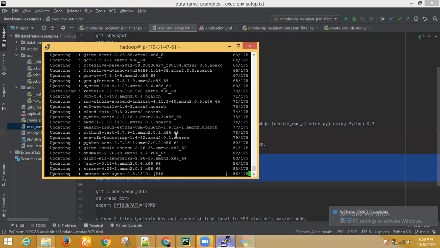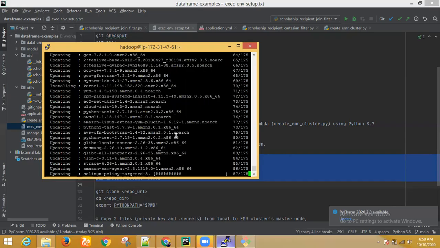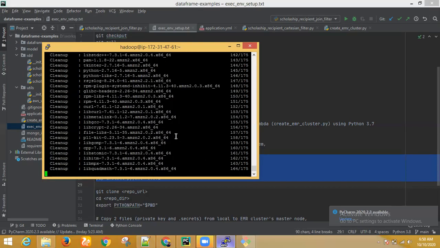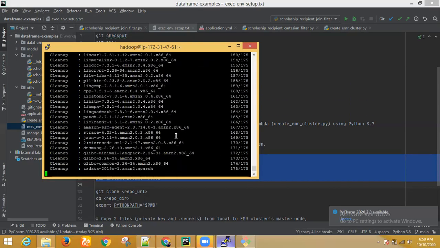So Siddharth, these things are getting installed in the EMR cluster, right? Exactly, not the EMR cluster as such, but rather the master node of the EMR cluster. Because a cluster is a network of nodes, and you will be doing everything on your master node. In the master node you are copying the code, and there we will be executing the code.